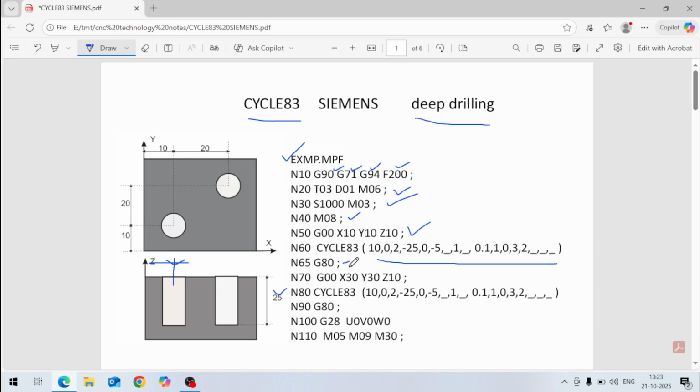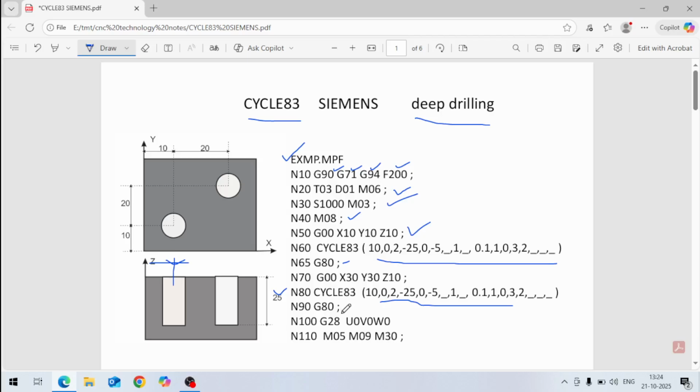Then the tool will again come to G00, X30, Y30, Z10. X30, Y30 means it is at the second hole, the coordinates of the second hole are there. And then again we start the cycle here, Cycle83, same parameters are there. G80, then